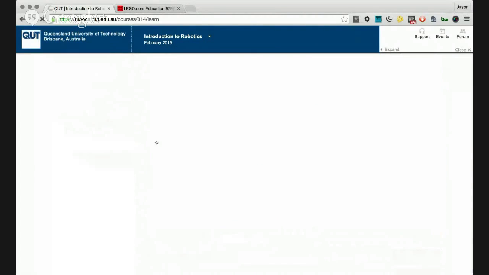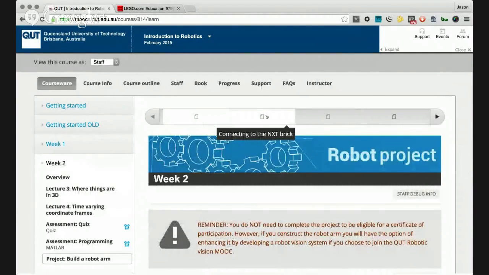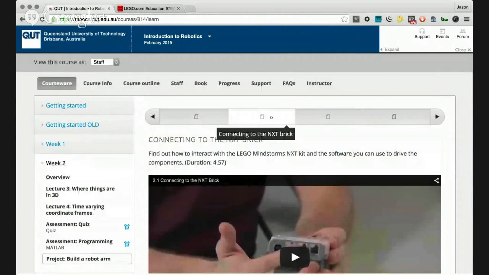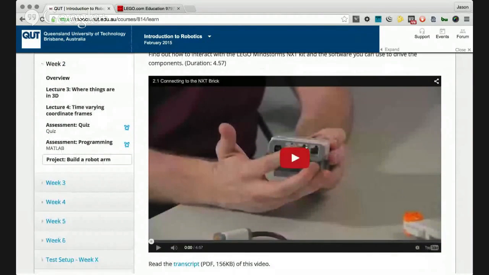And then we got connecting to the NXT brick. So this is what I ran. It didn't work for me first try. I ran into a few problems, and it was to do with having the wrong driver. In there is basically just make it beep. So it's a beep command, how to connect to it and how to use the handles and how to close